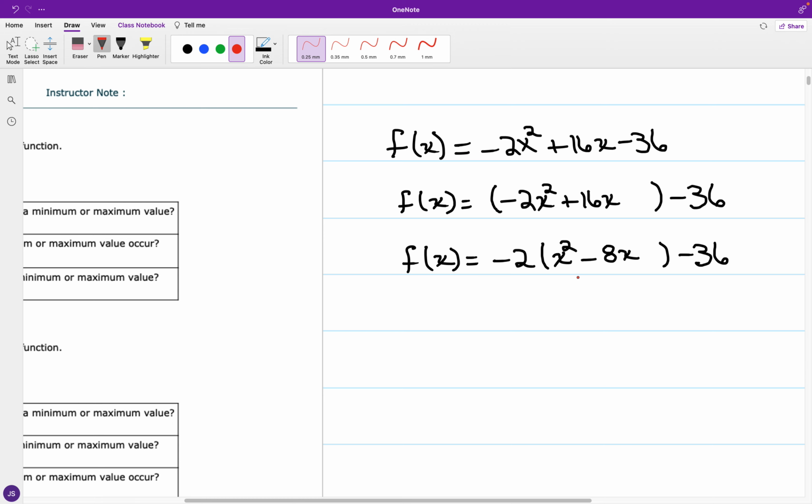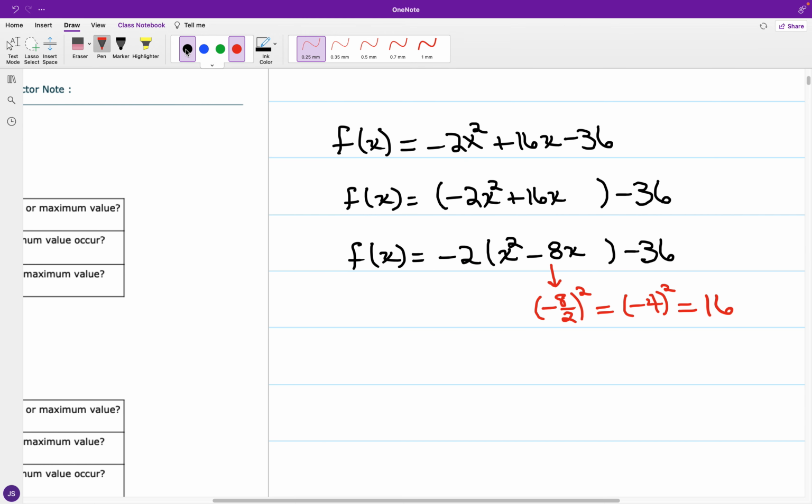The first term inside the parentheses again is x squared. To complete the square, I look at the first order x term inside, and we have the coefficient negative 8. If I take half of negative 8, negative 8 over 2 will be negative 4. Squaring negative 4 comes out to positive 16, and the 16 will be used to form a square trinomial